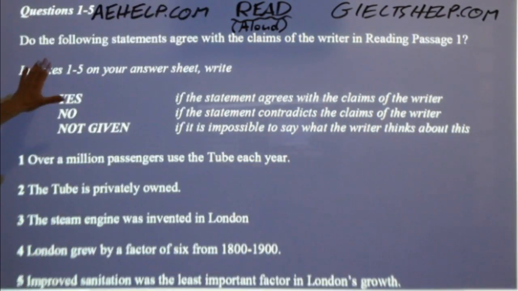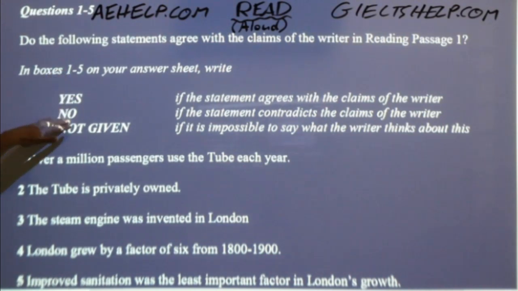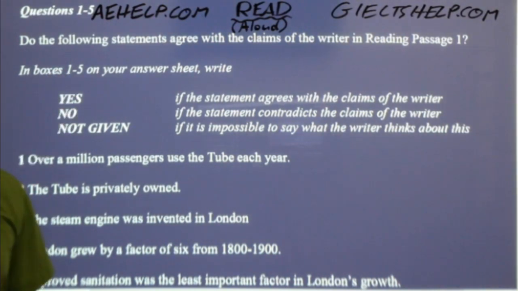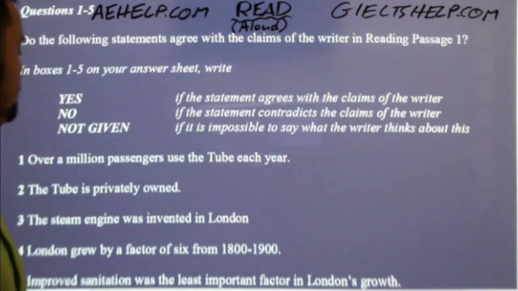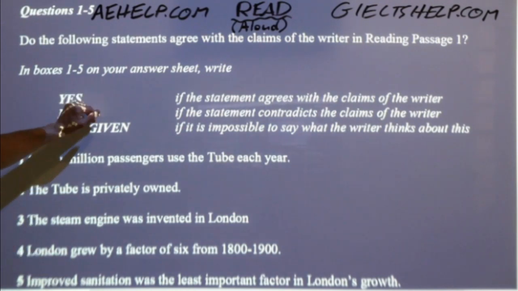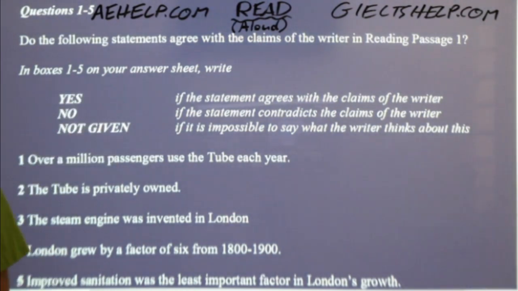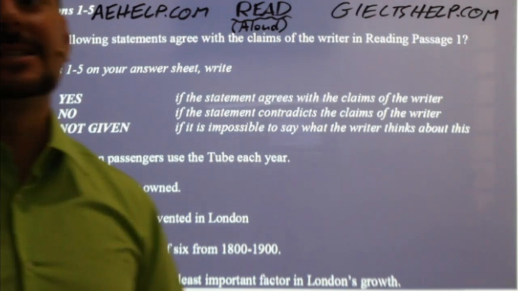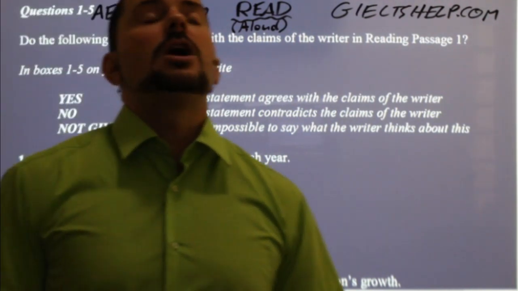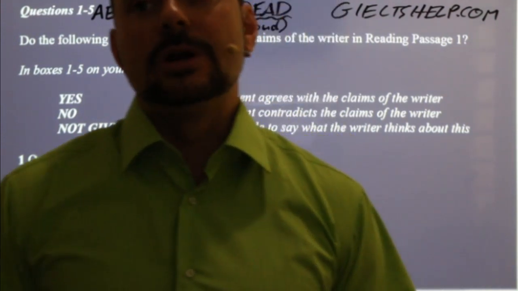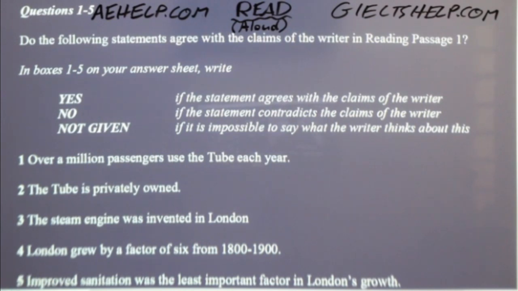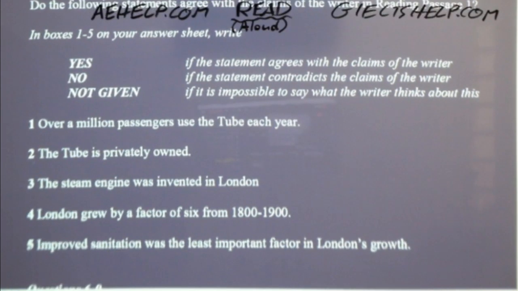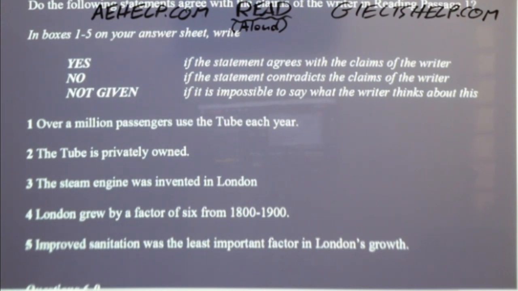So this is yes, no, not given. Make sure you don't confuse your answers with true, false, not given. If you write true instead of yes, you'll get it wrong. So careful. It's yes, no, not given. Pay close attention. Don't make silly mistakes. Yeah, Odina, 7 to 8 minutes for answering is lots of time if you did active reading. All right, so you have to be careful here. You have to take your time and go through step by step.